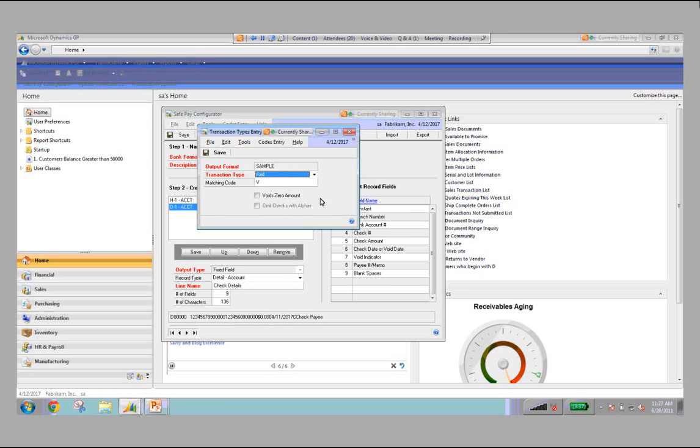They may want to have voids represented by a V, and they may want to have the EFT files represented by the letter E. Now, what you can also do is something like this. Under the check, you can select omit checks with alphas. That will mean that checks that have alpha characters, maybe you have REMIT as part of your check number, will be excluded from the transaction upload if you need to, for example, exclude the EFT check from this upload